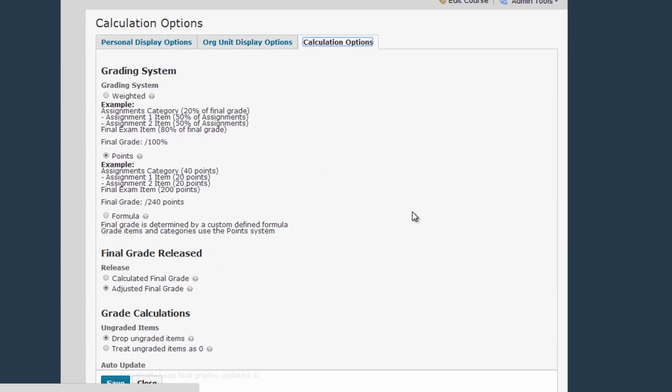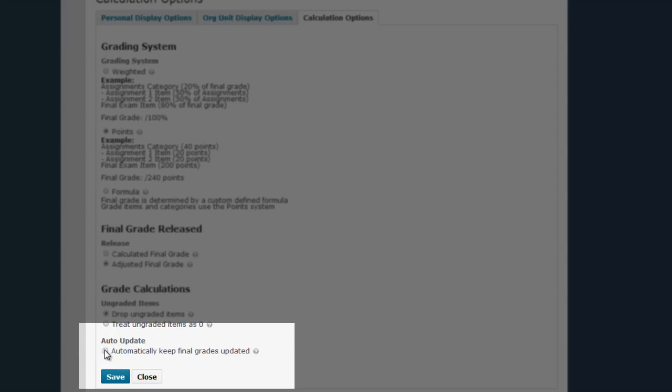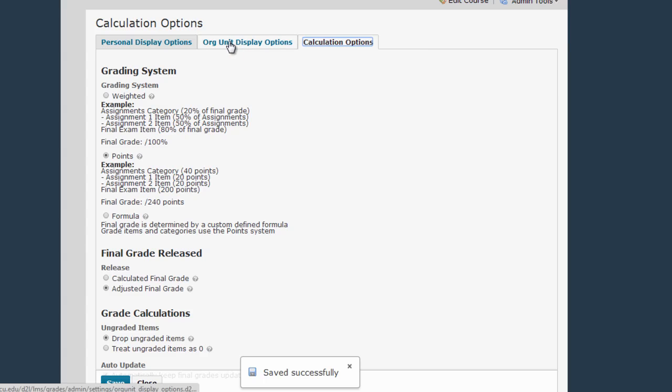Now, if you're not using the adjusted final grade, you won't have to worry much about this area, but if you are using that column to communicate your final grades to students, you will need to make sure that the adjusted final grade button is the one that's checked, and you'll probably want to check the automatically keep final grades updated box as well. Then we're going to hit Save and go to the middle tab, which is the